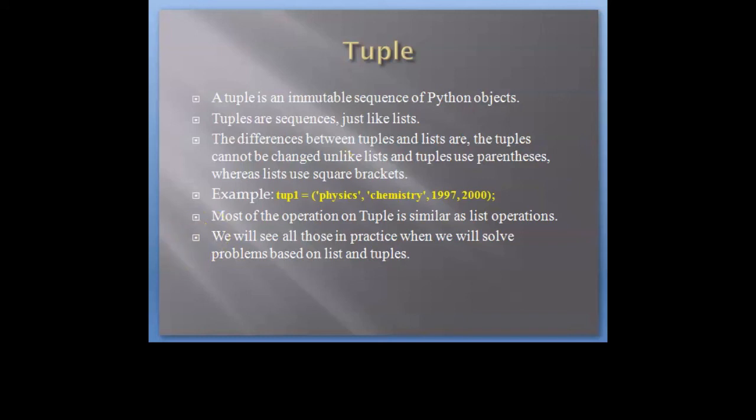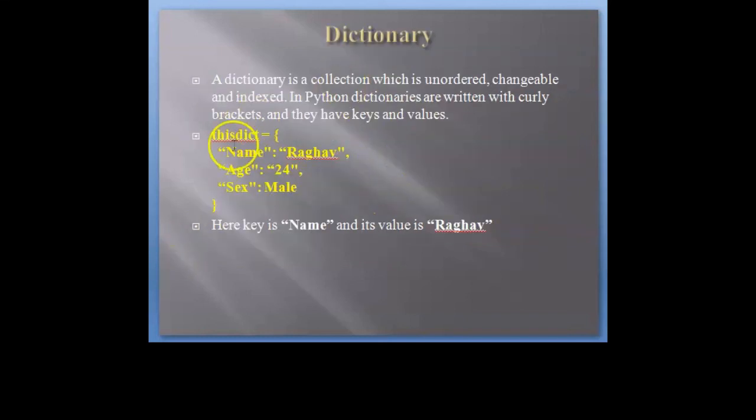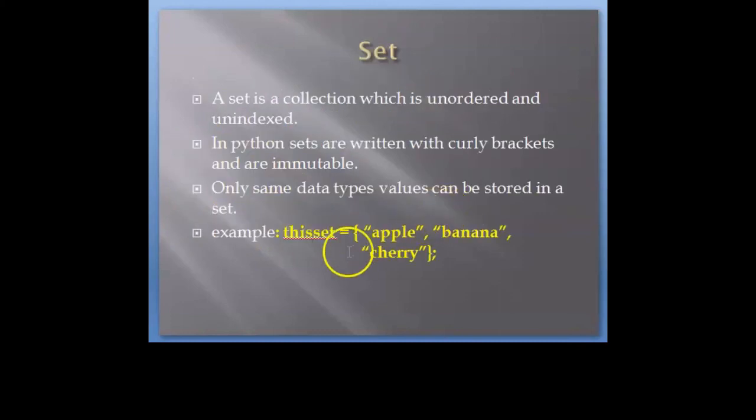Okay, moving on to the next, that is dictionary. A dictionary stores keys and their values, separated by commas. It is enclosed in curly braces. Now moving to set, it's also stored in curly braces, but there is no index for it. If we want to see the index 0 with square brackets 0 on this set, that will throw an error because there is no index in a set.